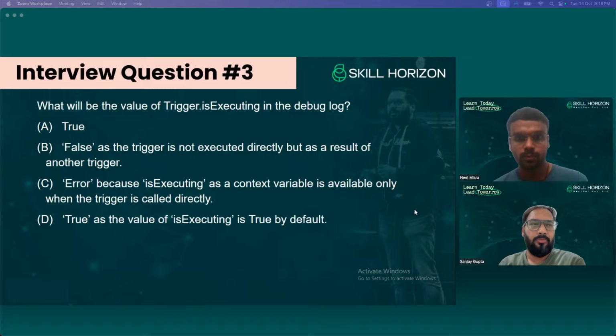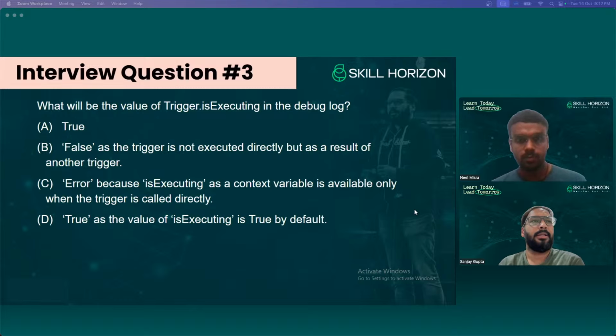First option: true. Second: false, as the trigger is not executed directly but as a result of another trigger. Third: error, because isExecuting as a context variable is available only when the trigger is called directly. And fourth: true, as the value of isExecuting is true by default.